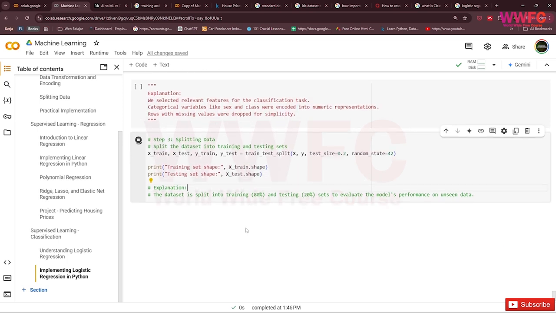So we can check here, 571 using the X training set shape, and in testing we can use 143 with the test shape, like this. Okay.